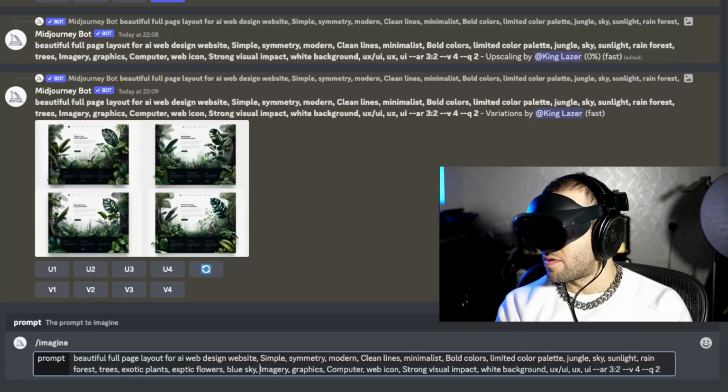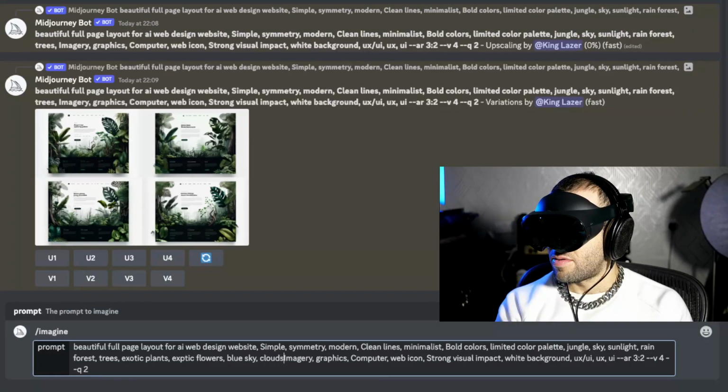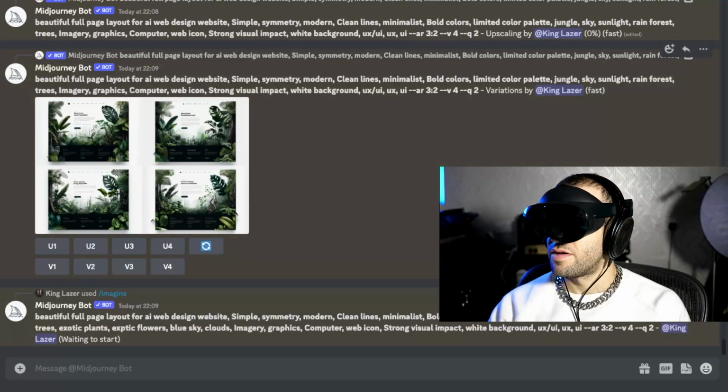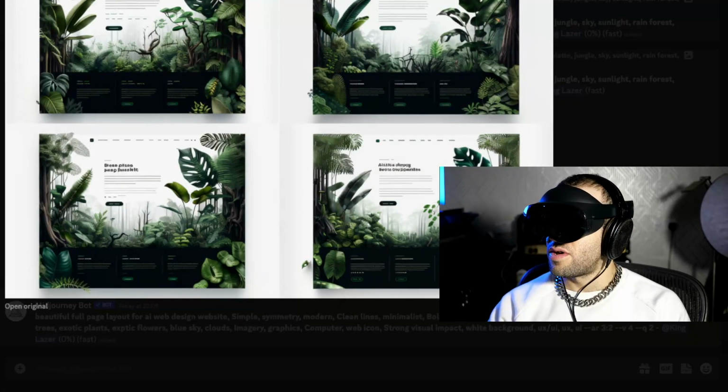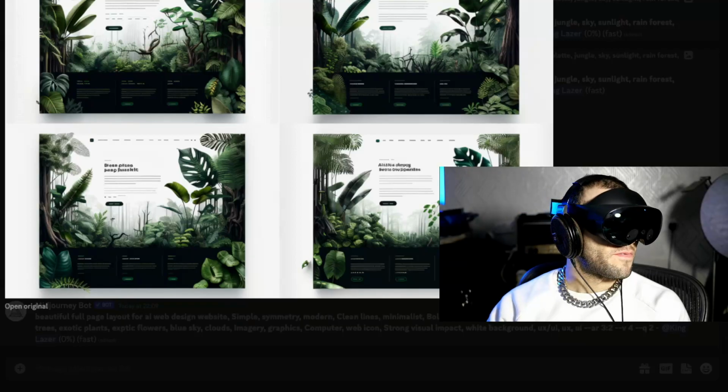Have I got clouds in there? Get some clouds in there as well. Alright, nice. So yeah, it's quite dark. I'm not really sure I want to use that, but let's flip back to